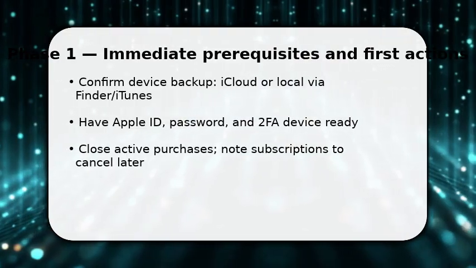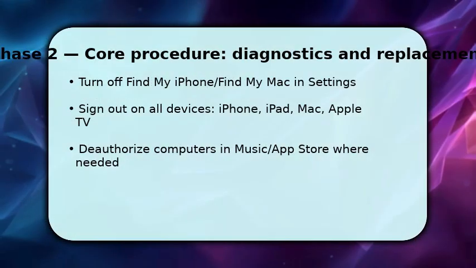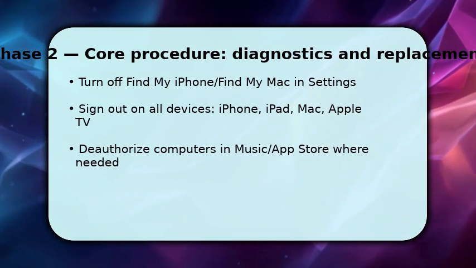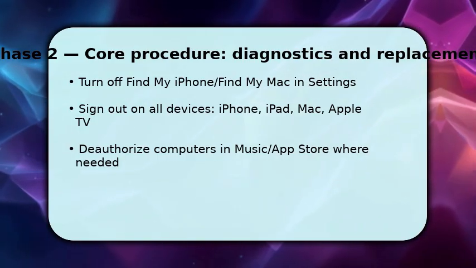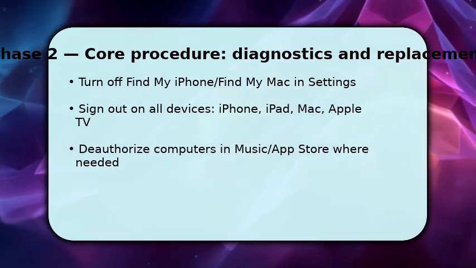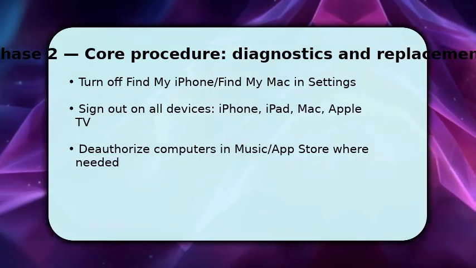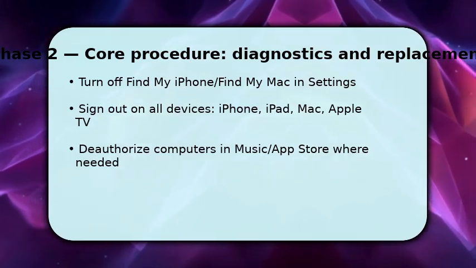Next, disable link services before fully turning off the Apple ID. In Settings, open your Apple ID Find My and turn off Find My iPhone or Mac. Enter your password to confirm. Then sign out on every device: iPhone, iPad, Apple Watch, Apple TV, and any Macs. Deauthorize computers for iTunes/Music and App Store to free up device slots. Once every device shows signed out, you avoid